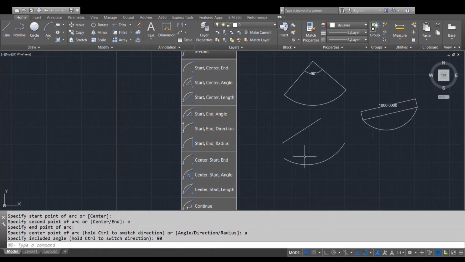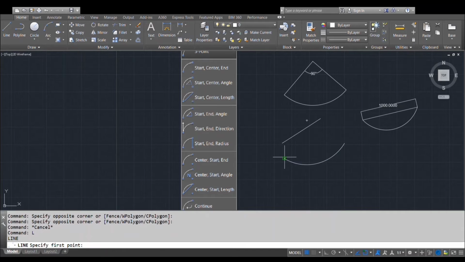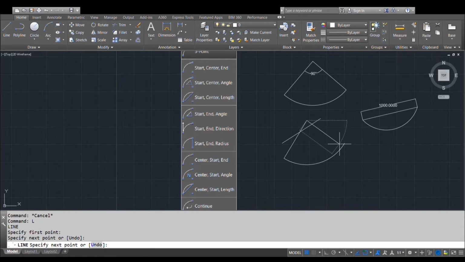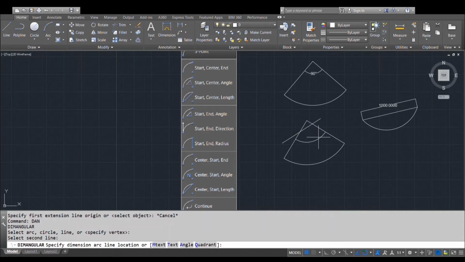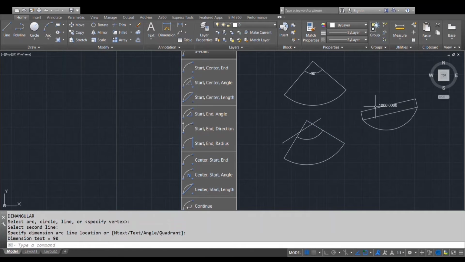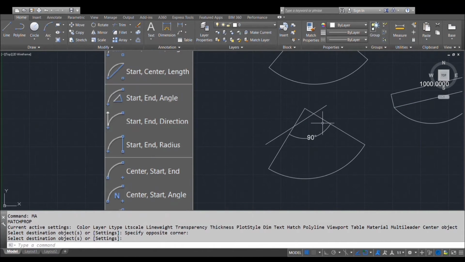For checking, as usual, the same method. Draw the line from the center point and merge both. Then check the dimension, the width of the angle. You can see the 90 degrees over here. And I will show how to check. Clicking two points and merging it. Now giving the dimension here, and you can clearly see it is 90 degrees.